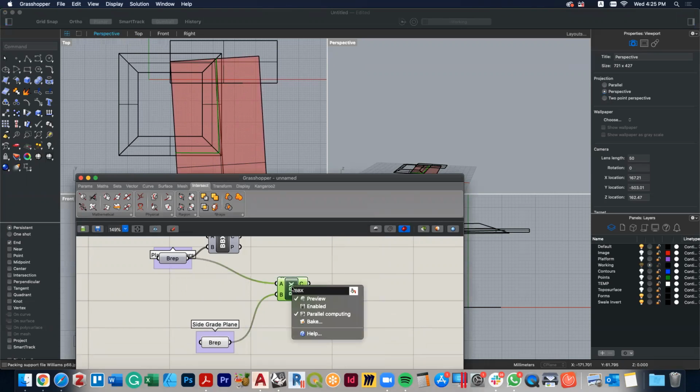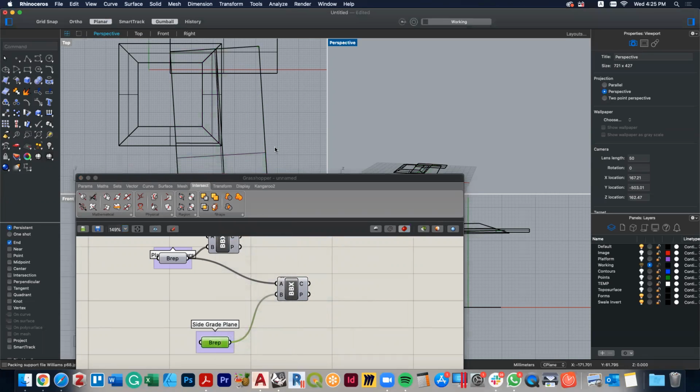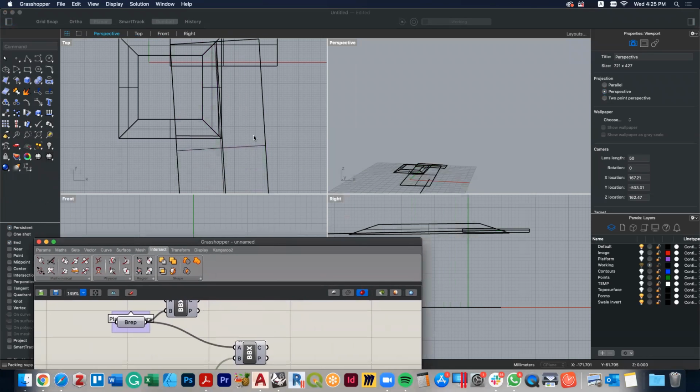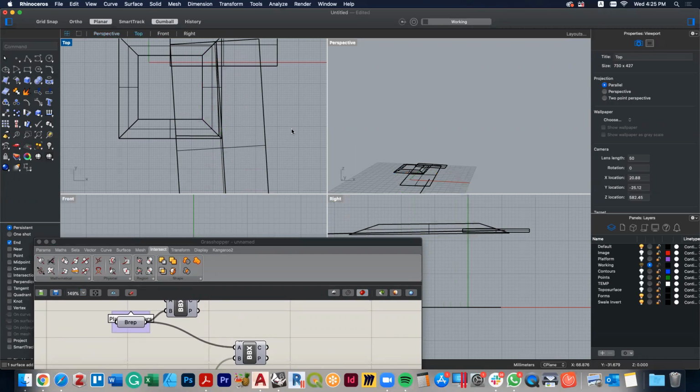And so I'm also now, once that's done, I'm going to turn off the preview because I'm not doing a full Grasshopper thing here. I'm just actually utilizing it as I go along. So turn that off. And so obviously this is another one of my forms. And so I put that onto the forms layer. And if we turn off the forms,